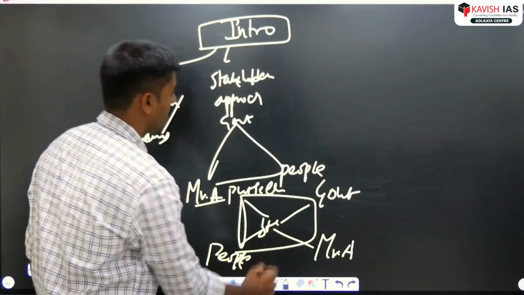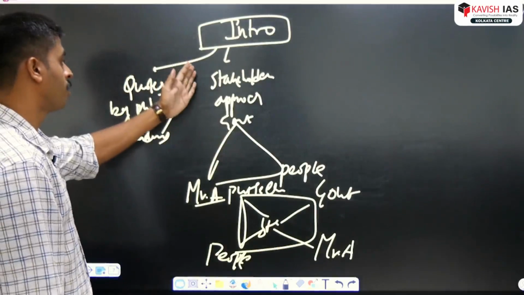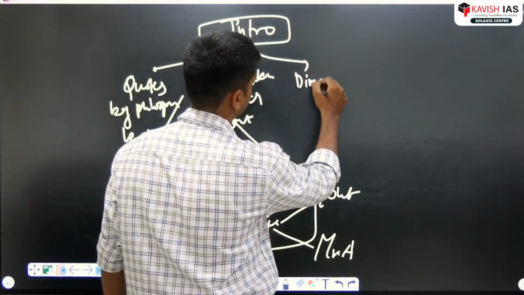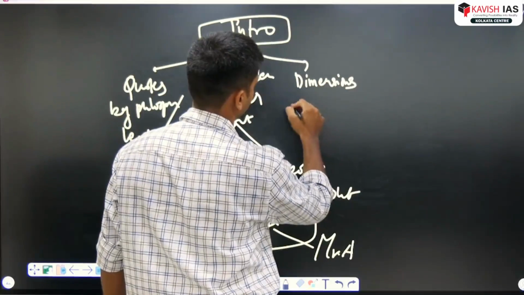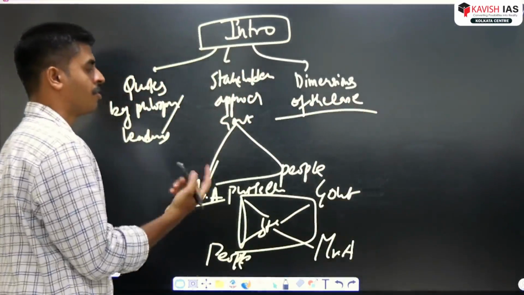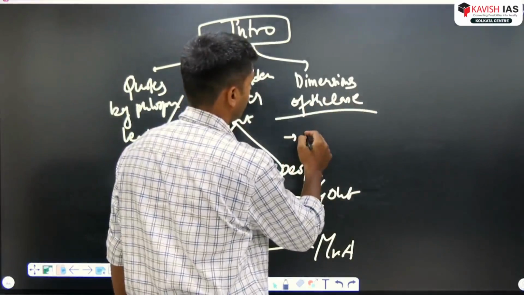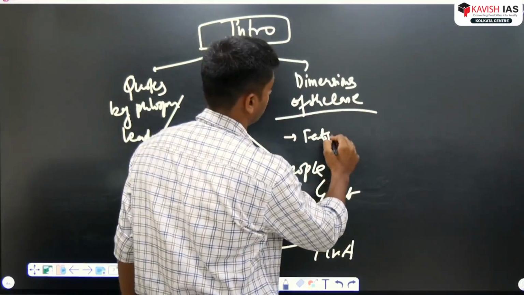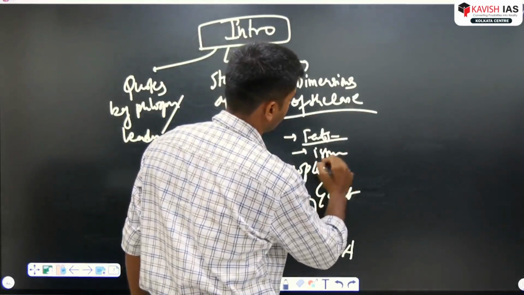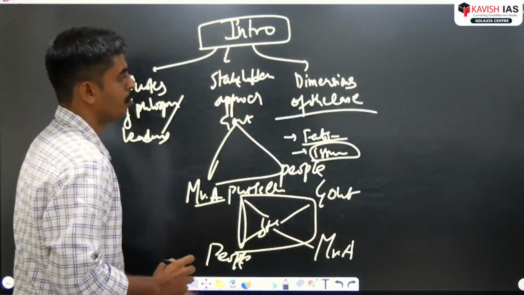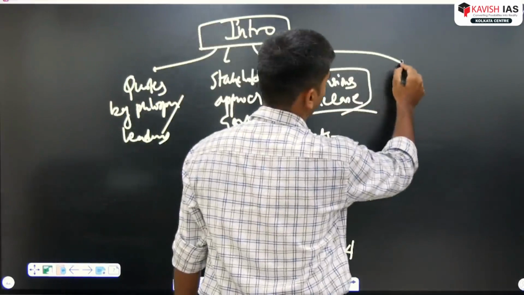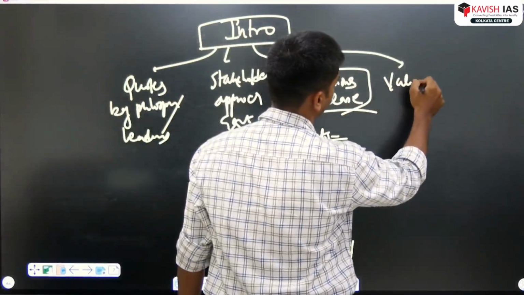Likewise, it could be a stakeholder approach where you will be mentioning all the stakeholders. Then you can give dimensions. Dimensions of the case can be mentioned, like facts or whatever issues have been mentioned, different facets of that whole issue. We will come to this later, what the dimensions are. Then we can start with values involved,